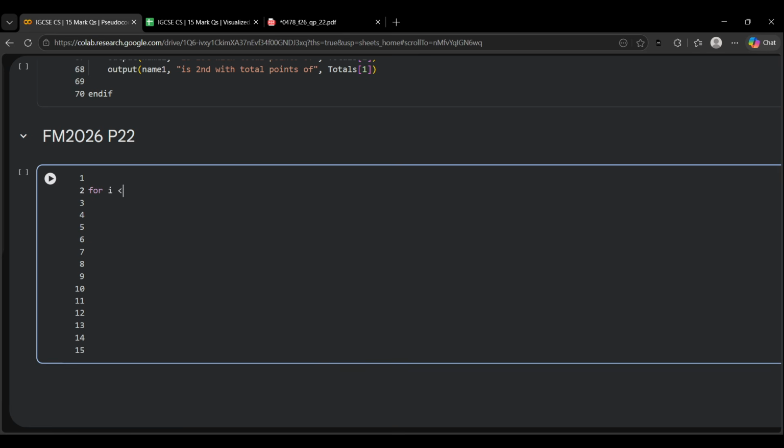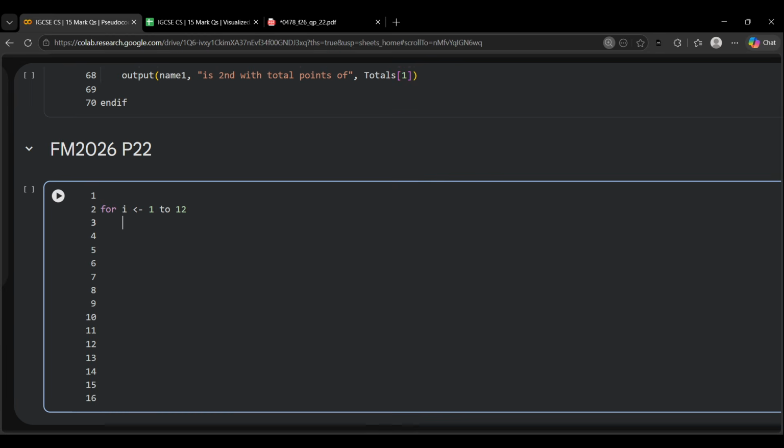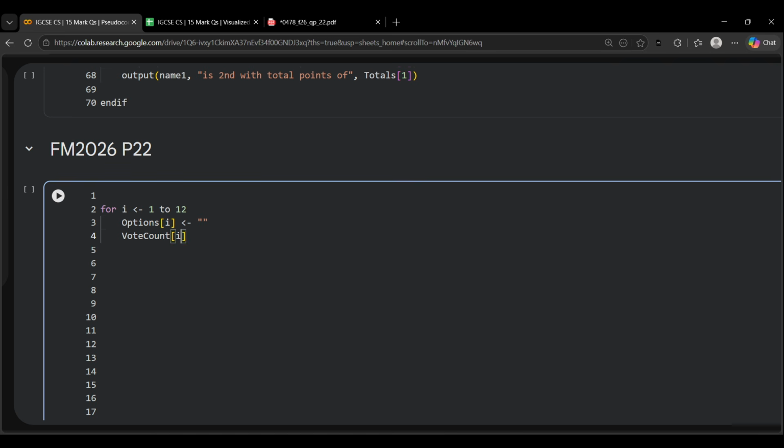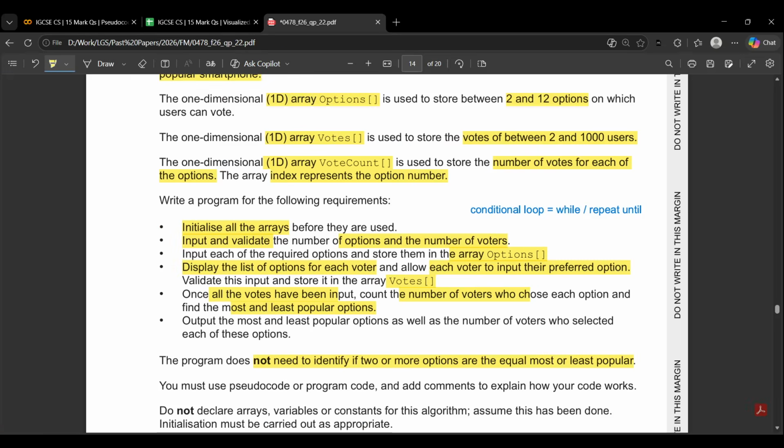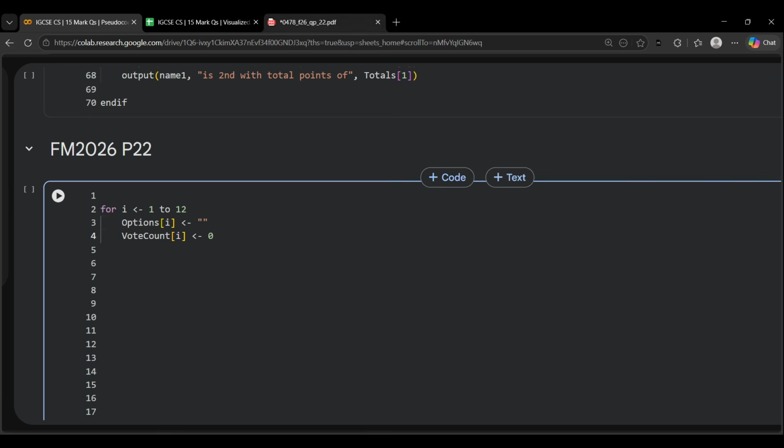So for I 1 to 12, options index I will make it empty string, and then vote count index I will be set to 0. So all of these would be initially 0 like this, and then all of these would be empty like this, but I'll just reset it for now. Okay, then in the next part